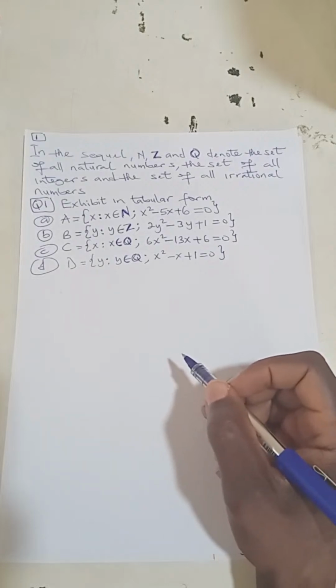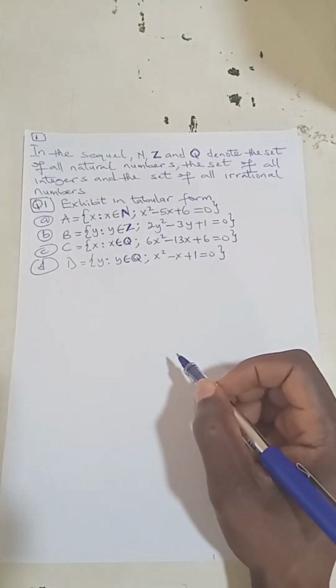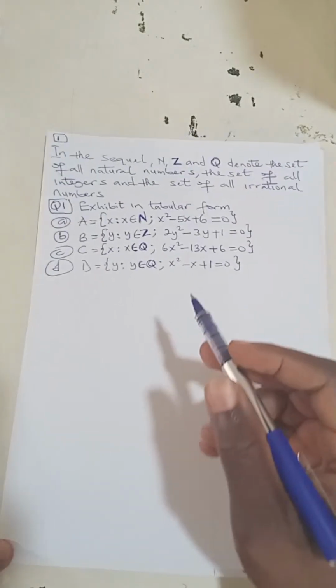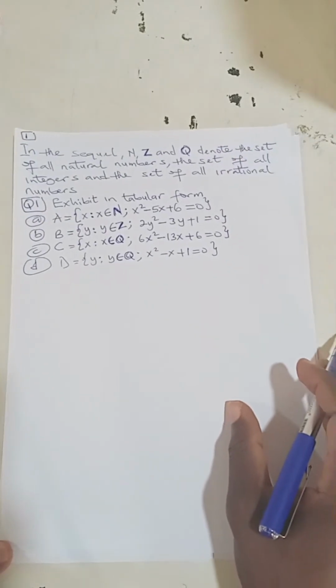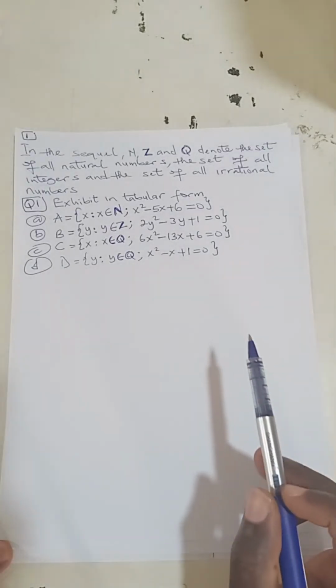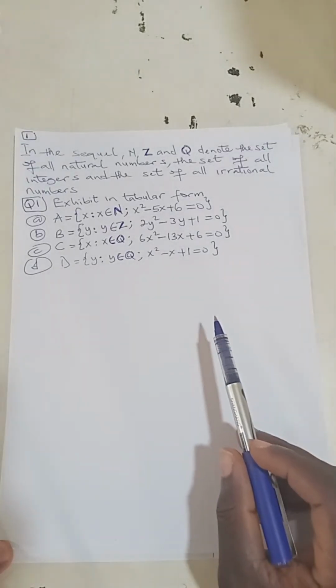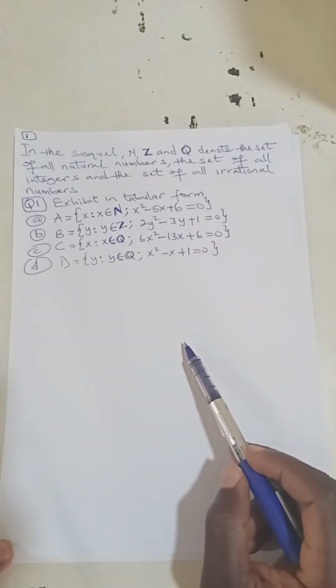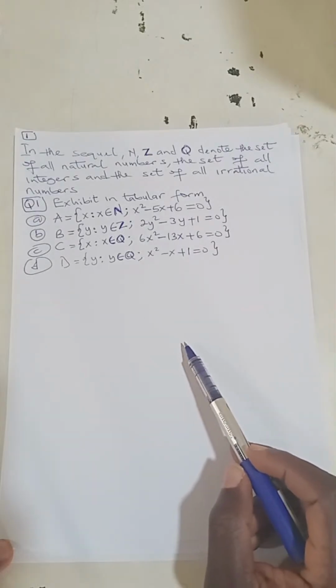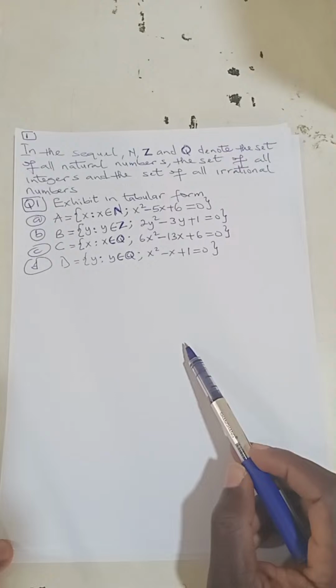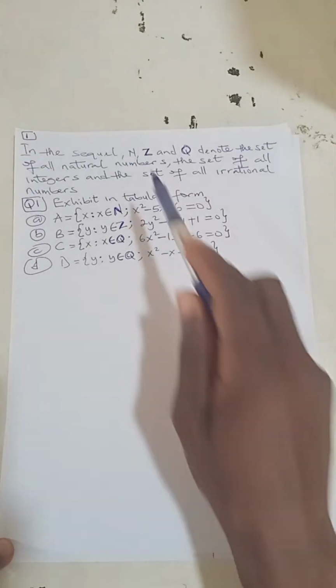Sets, set operations, set identities, and lots more. The first question we have here: in the sequel, N, Z, and Q denotes the set of all natural numbers, the set of all integers for the Z,